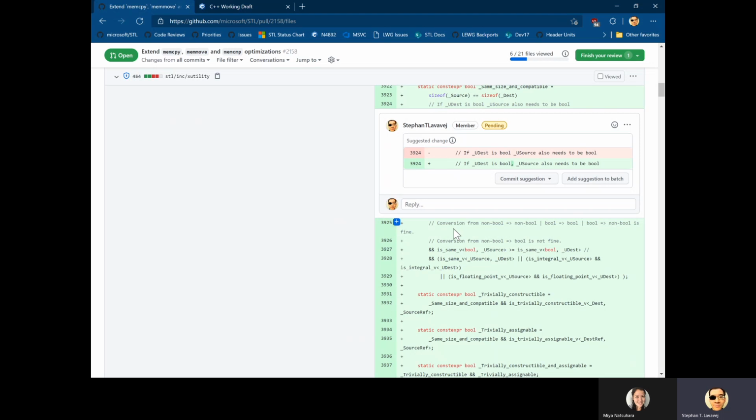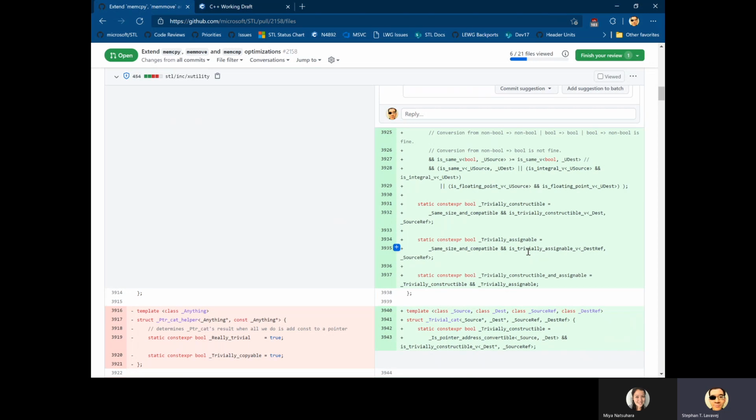Okay, next, conversion from non-bool to non-bool, or bool to bool, or bool to non-bool is fine. It's just going from non-bool to bool that is not fine. Okay. I think separating these with pipes is fine. It's a little weird. It's not too weird. Okay, I'm trying not to nitpick the comments too much. Okay, now,